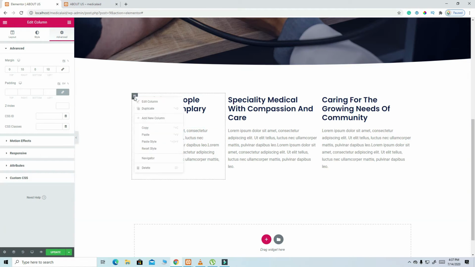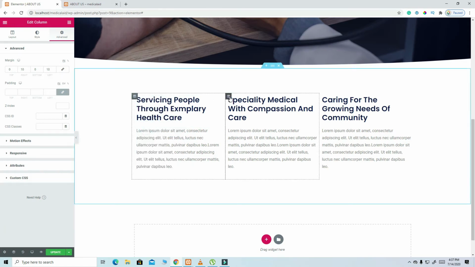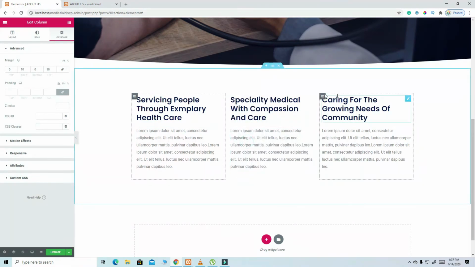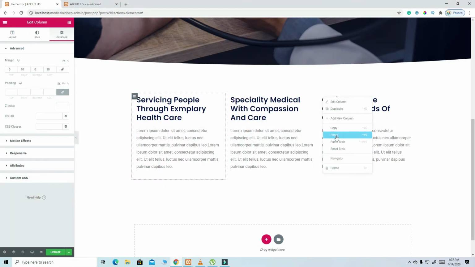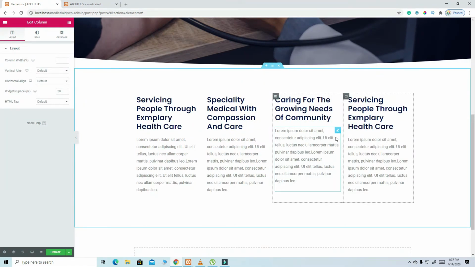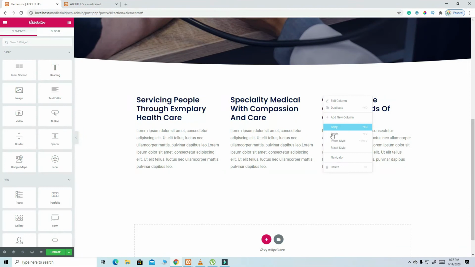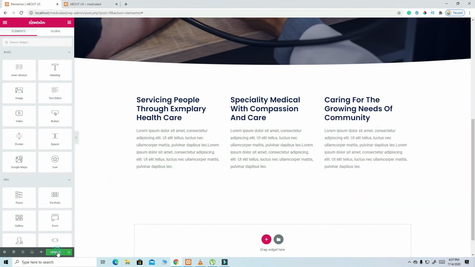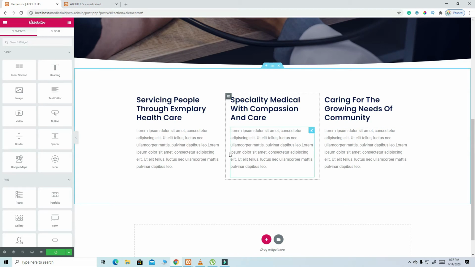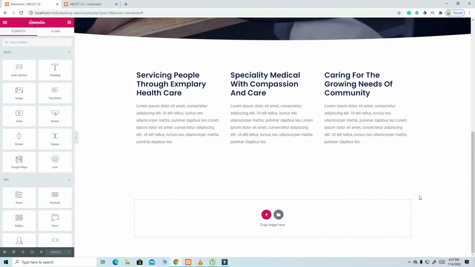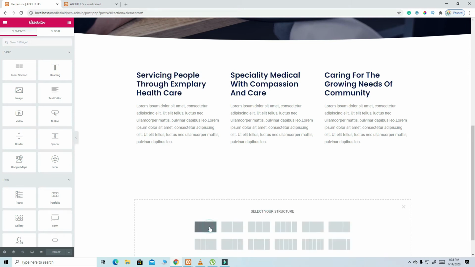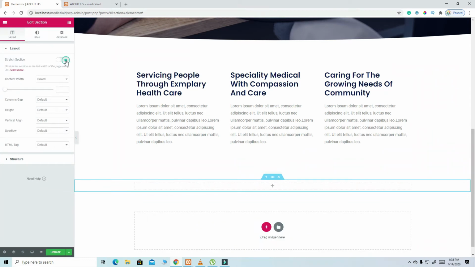So what I'll do, I'll click here, then copy, click on this one, paste style, I click on also this one, then I paste the style, not that one, we are going to paste the style, not another one. So I'll update it. Okay, now you see we have some spacing on it, right? So let's continue. The next part, we are going to click on this full, and then I'm going to stretch it. Content width, I'm going to make it full width,